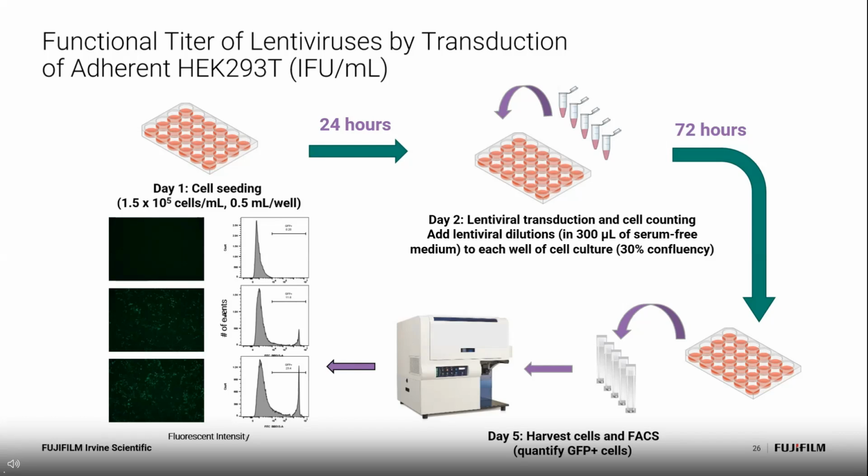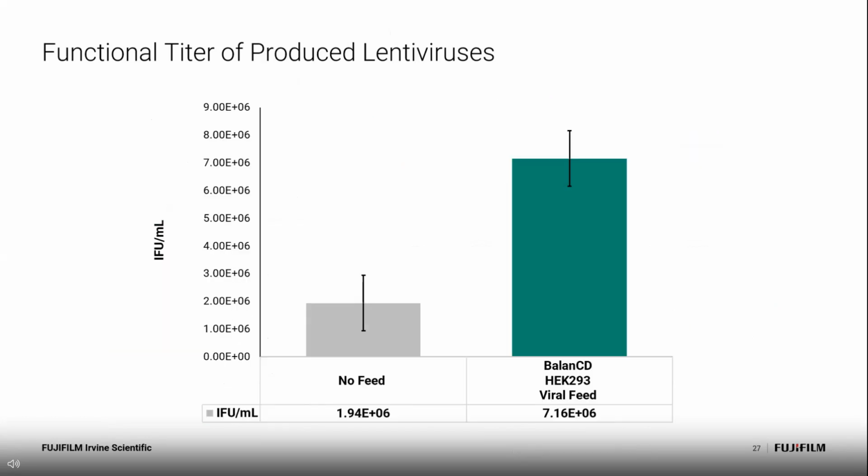The lentiviral infectivity titer also showed over threefold improvement from cell cultures fed with balanced HEK293 viral feed compared to the cultures without any feed, which is consistent with the viral RNA titer, indicating comparable infectivity but higher yield of lentiviral vectors using balanced HEK293 viral feed. With both viral RNA titer and infectivity titer, we are confident that this viral feed indeed